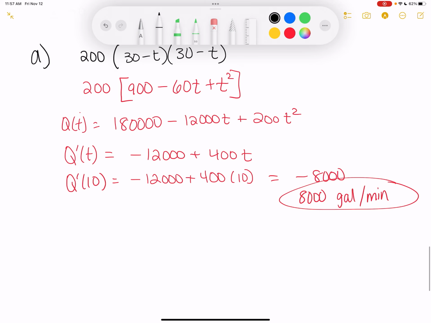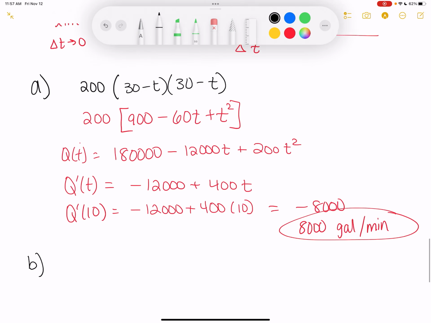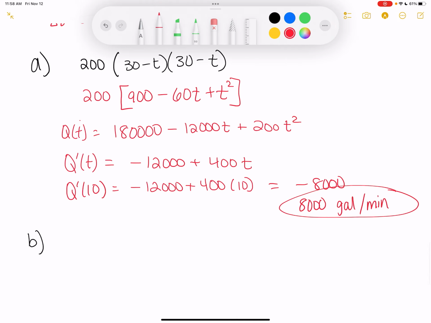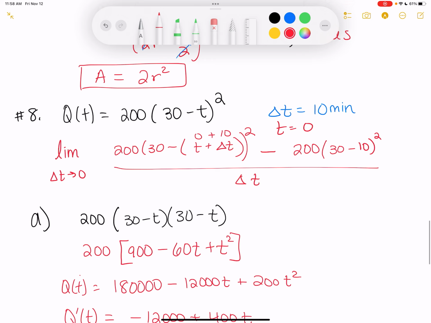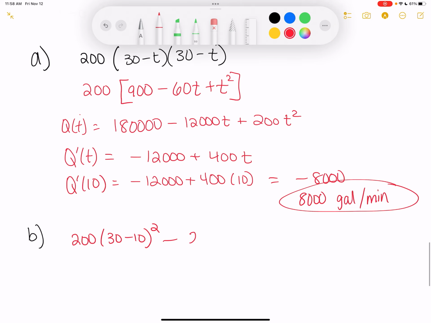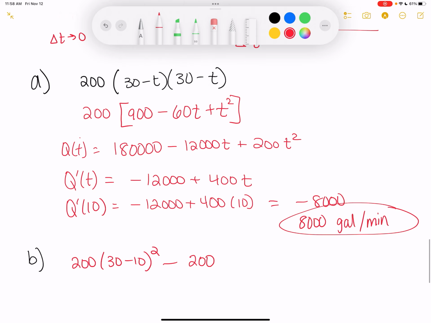So I would have 200 times 30 minus, okay, that's just going to be 10. So 30 minus 10 squared, minus 200 times 20 squared. So negative becomes, what's the word,